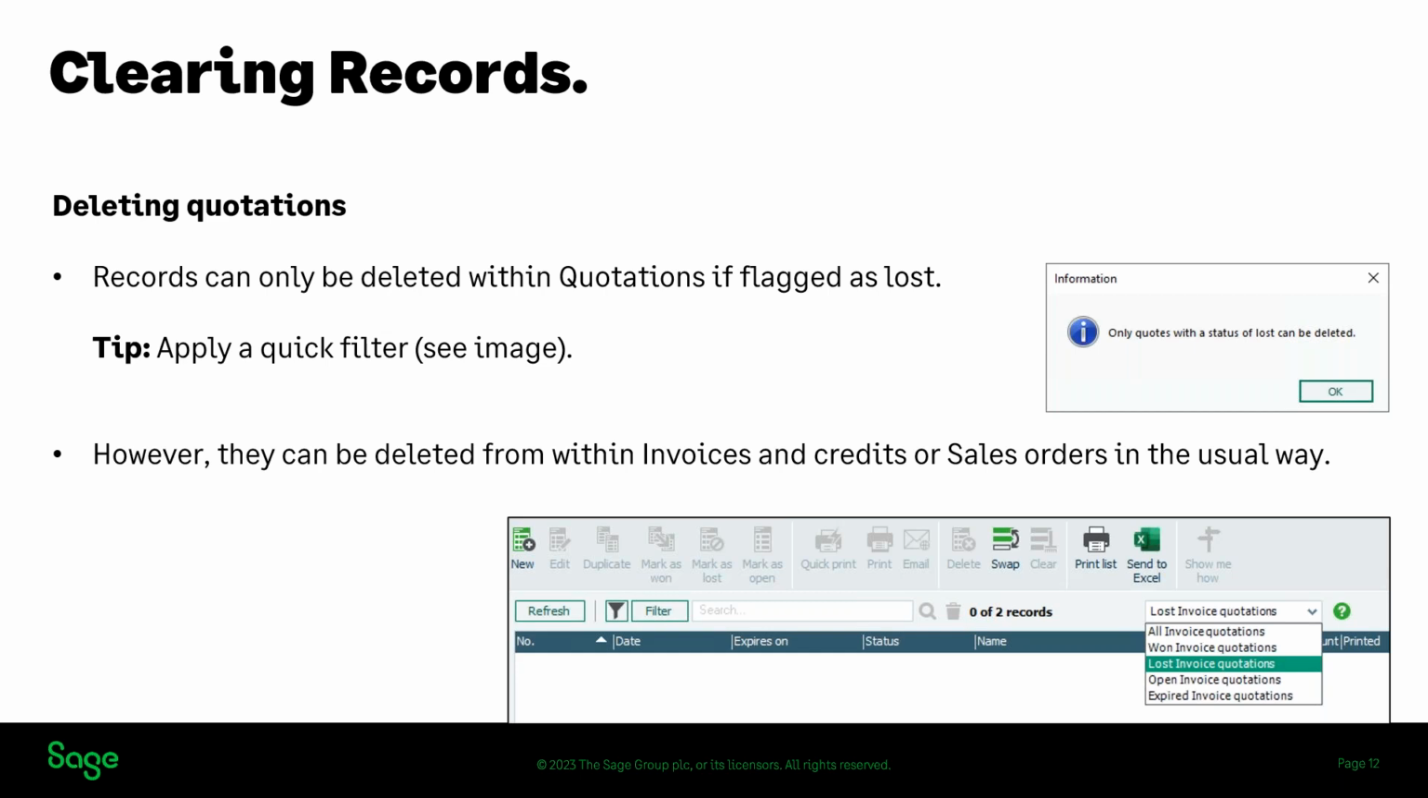So you can have various statuses associated with a quotation. If you go into quotations, you'll only be able to delete it if it's flagged as lost. Now, there are quick filters, which you can see on the screenshot as well. I'll show you that one in the demo in a moment as well. However,